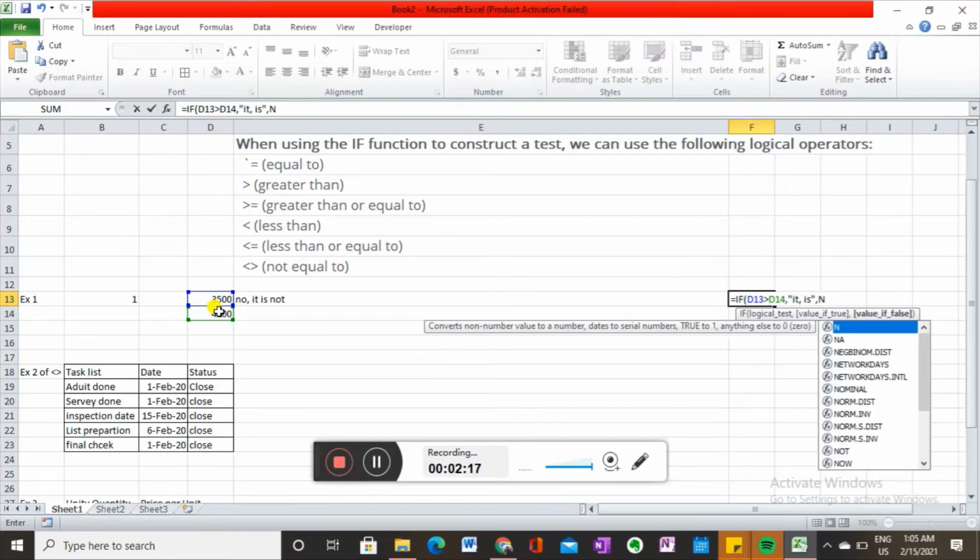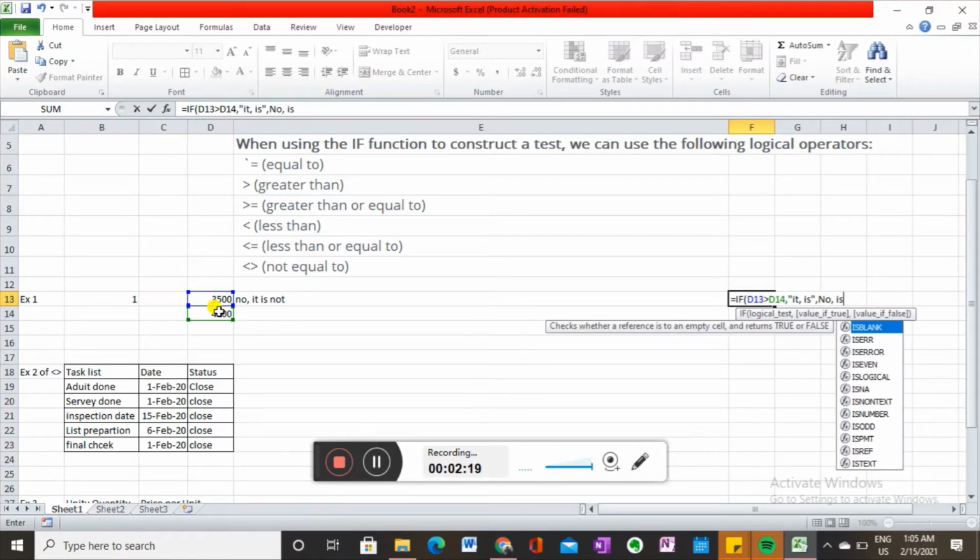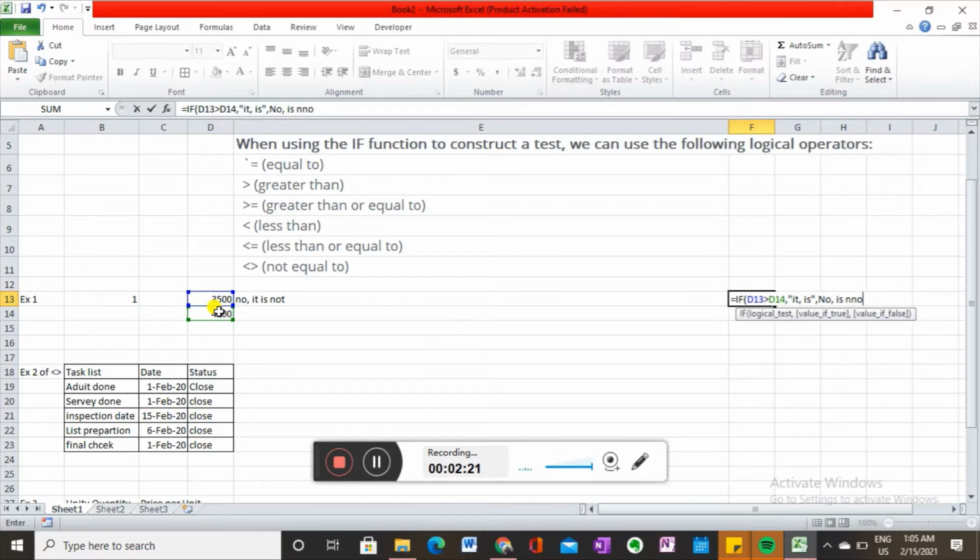If not, then "no it is not". Just close the inverted comma, close the bracket and just enter.